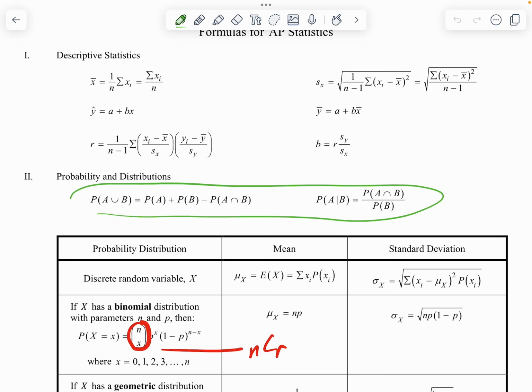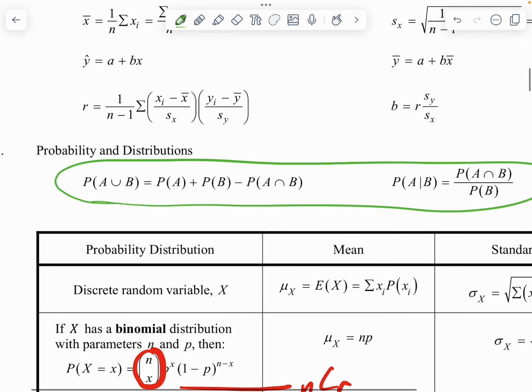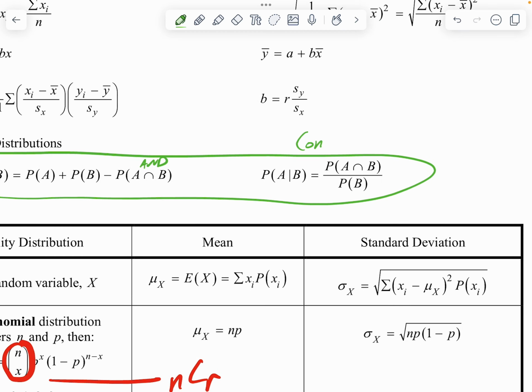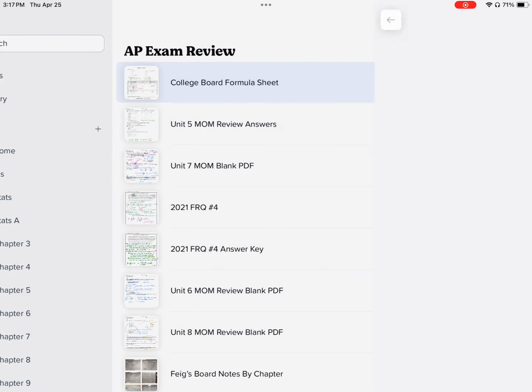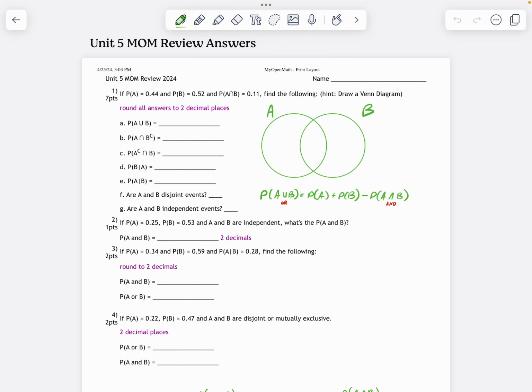Right there. So I will talk about these two throughout, but this is the A or B formula. And this one over here is the conditional formula. So they'll come up a lot. This is A given B, the way it's written, okay? So that's all you get for your formula sheet. Let's dive in. Number one,